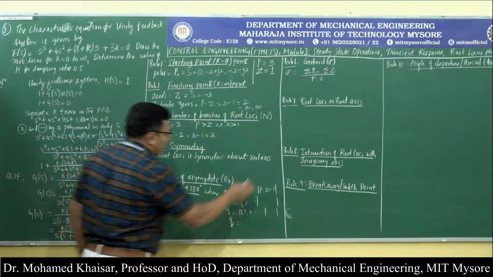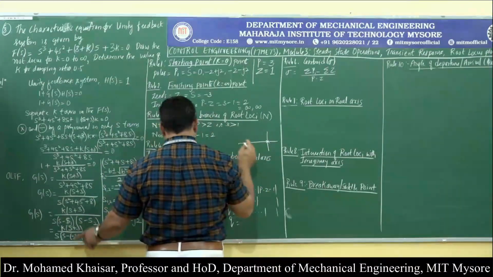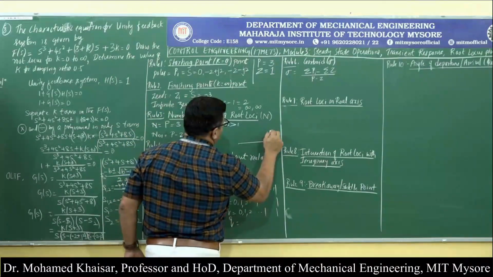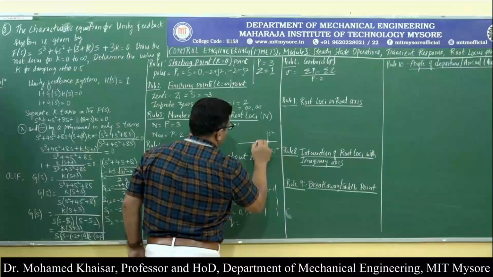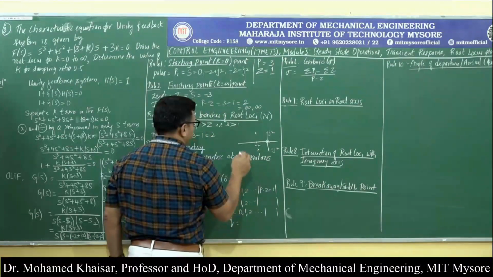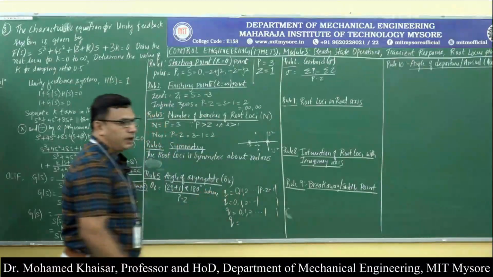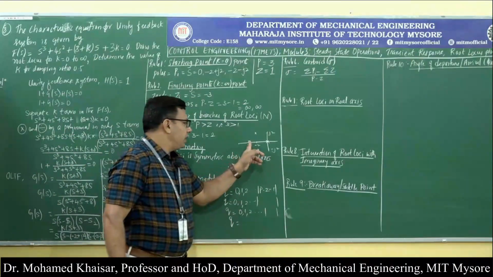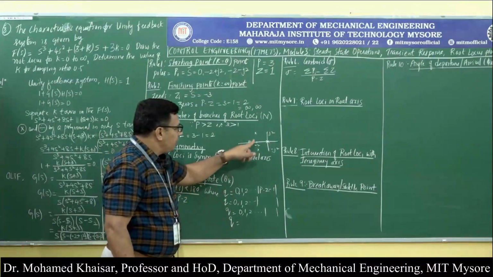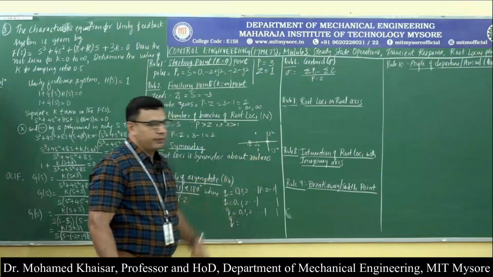Symmetry: let us try to see, if this is the S plane, there is a pole at 0, a pole at minus 2, poles at minus 2 plus j2 and minus 2 minus j2, and there is a zero at minus 3. A zero and a pole exist on the real axis, and then two complex poles are there. One is at minus 2 plus j2, the other is at minus 2 minus j2.